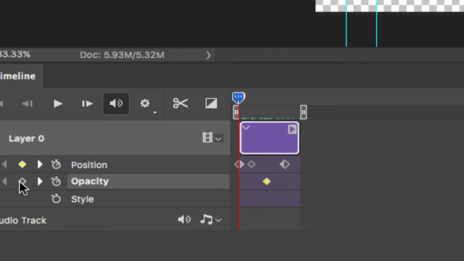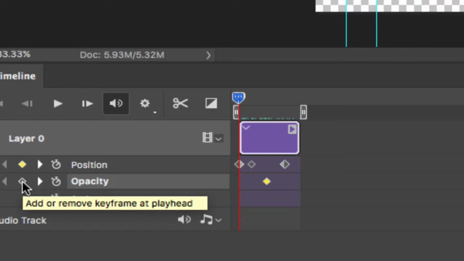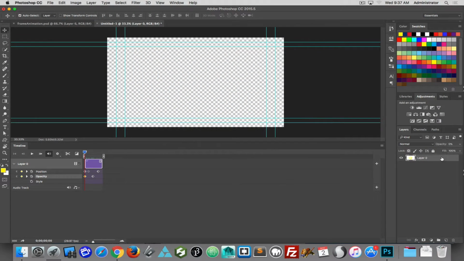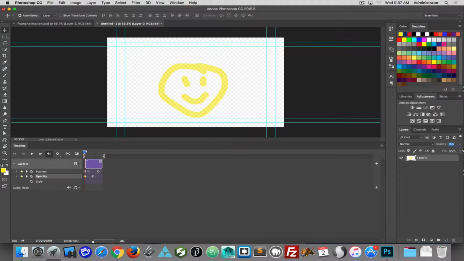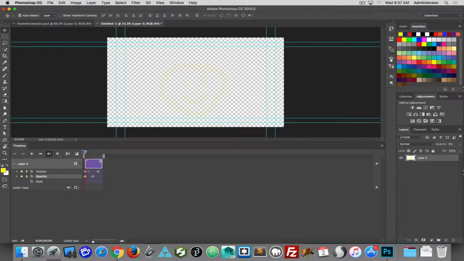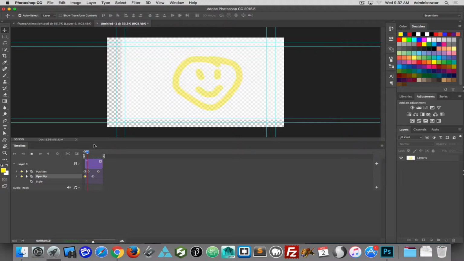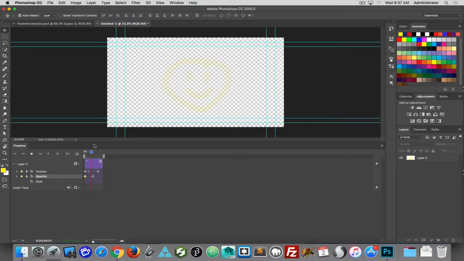But if I put a new keyframe in, and I can do that by clicking this button or by just changing the setting, both would work. I can now bring it back up to 100, and if I play, oh, I didn't get that cemented. Now it's done. So now if I hit play, which I can use the space bar as my play button,